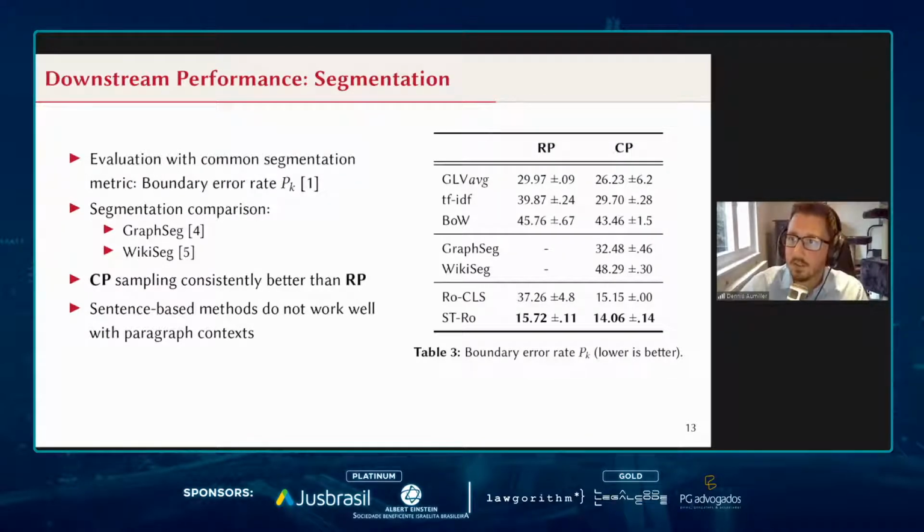What we can still see here, and which is consistent with our expectations, is that the consecutive paragraph sampling for every method performs significantly better than the random paragraph sampling. Specifically for the transformer-based method with this classification head, we see that the consecutive paragraph sampling is indeed more stable on the downstream performance as well, and almost competitive with the sentence transformer model from both the random paragraph sampling and consecutive paragraph sampling. Similarly, all of the transformer models, with the exception of the unstable RoCLS model, outperform the baselines as well as the related work.